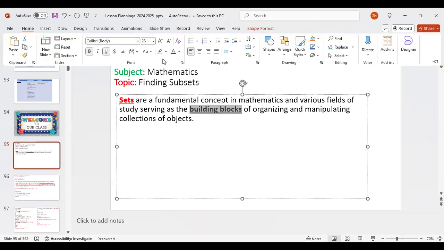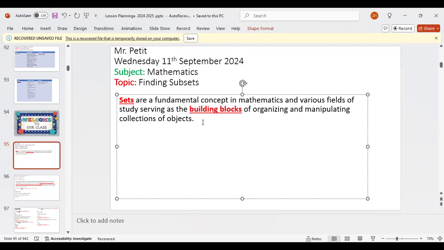Because everything in maths is a set. Think of any number you could think of in the world. That number is an element of a set. If you think of even numbers, let's say 2, 2 is an element of all the even numbers. Or 2 is also an element of the prime numbers. So the prime numbers is a set. Perfect squares, they are sets.